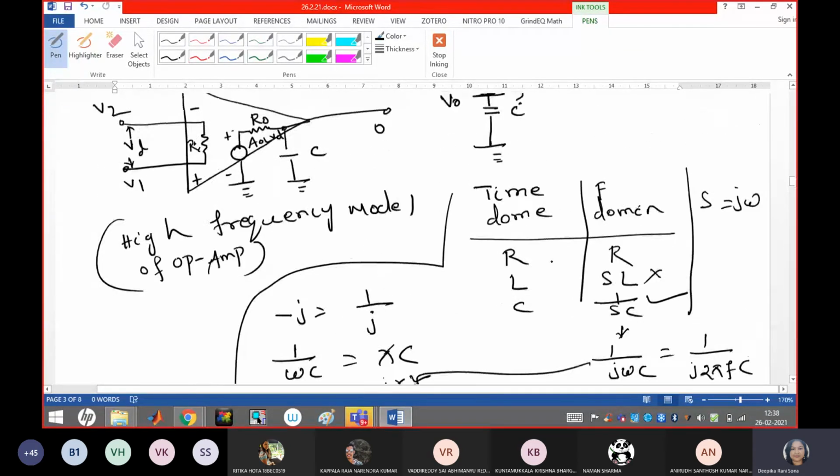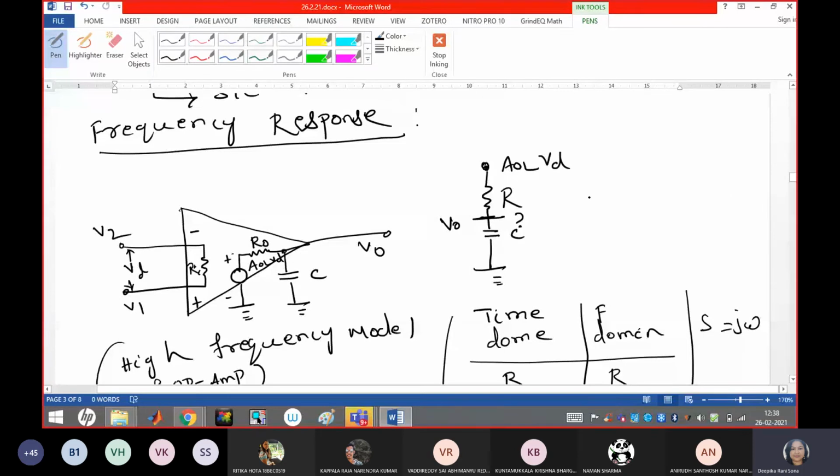Because anyway, you are going to represent the whole resistance as resistance plus your capacitive reactance. How do we write the V0 equation? Can anybody remember and tell me? V0 can be written as? Ma'am, it's minus JXC upon R minus JXC into AOL, because this whole resistance is R plus 1 by SC only, no? So that can be R minus JXC, right?